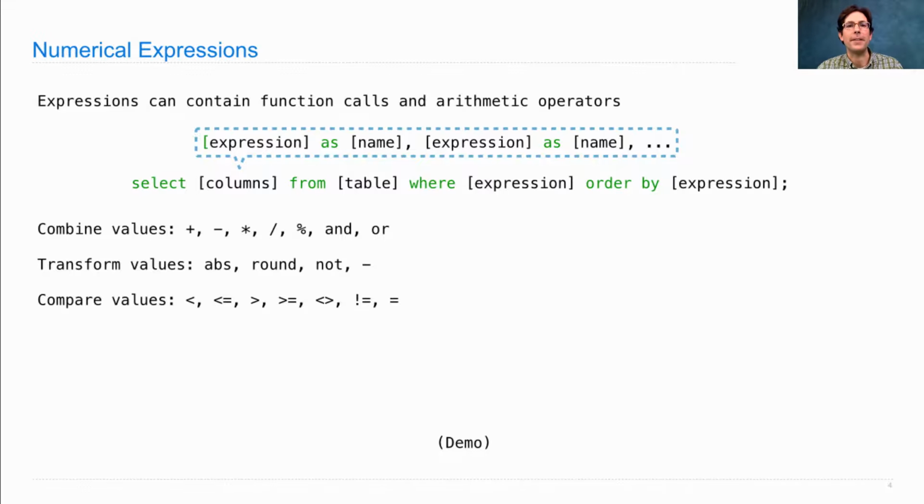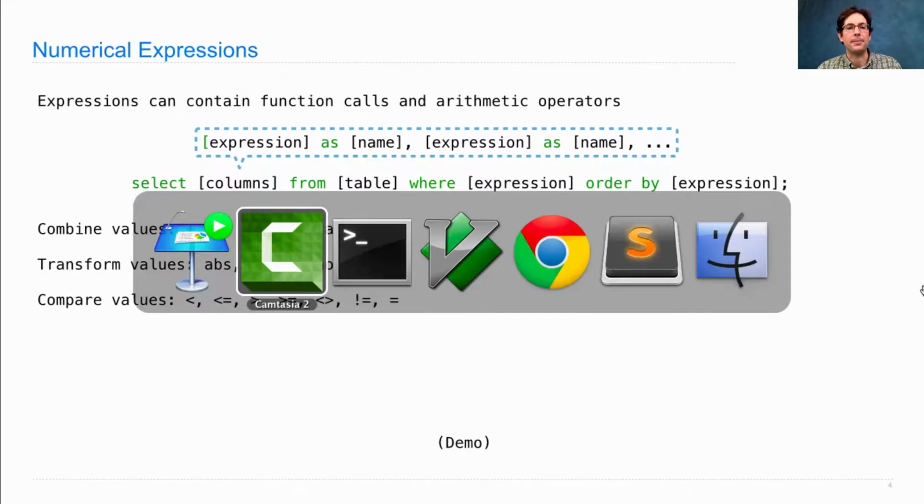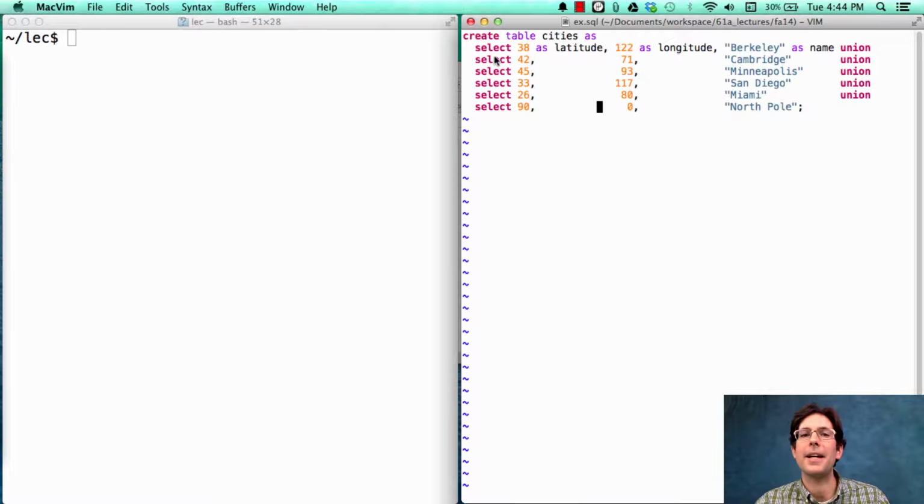Just to get warmed up for the day, let's do some examples. So let's say I have a table of cities with their latitude, longitude, and name: Berkeley, Cambridge, Minneapolis, San Diego, Miami, and the North Pole isn't really a city, but we'll go with it anyway. If I want, I can say select name from cities